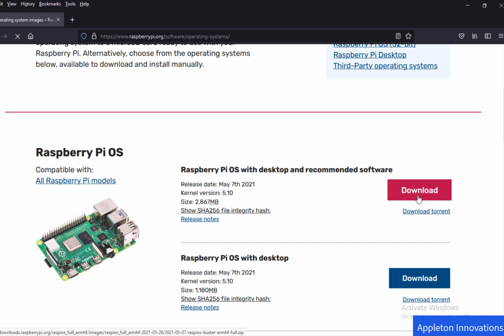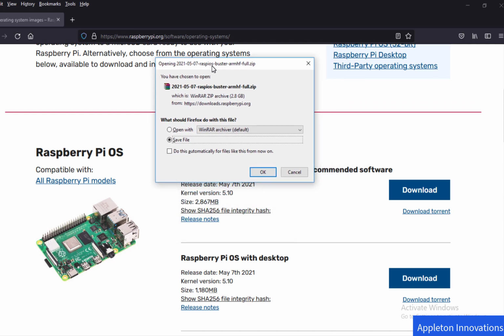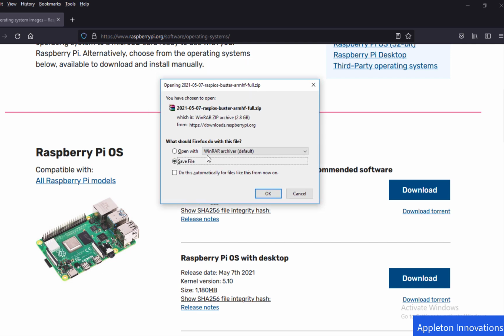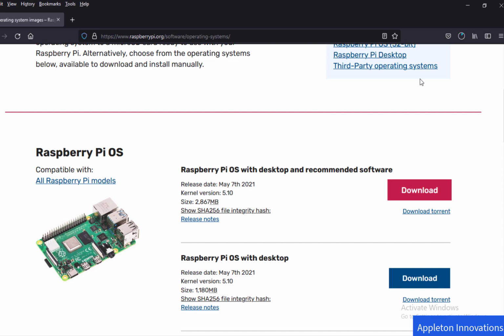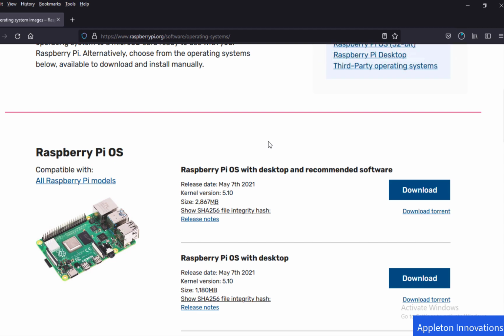So we have to download this file. Click on this to download, all of you, because we want to use Raspberry Pi OS with desktop along with the recommended software also. It comes with Python, Scratch programming, and Node-RED, and there are other packages included in this as well. So click here to download, and now save this file. The size of this file is actually 2.8 GB, all of you. So you need to download this entire file to flash it into our SD card.